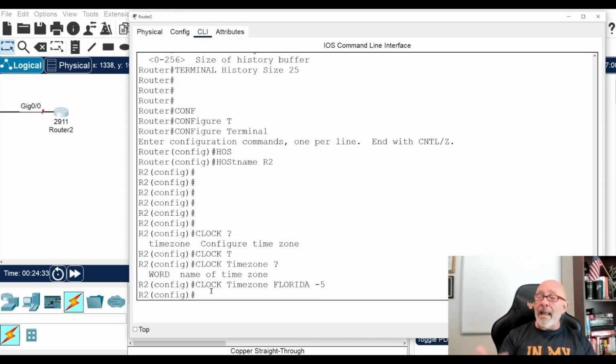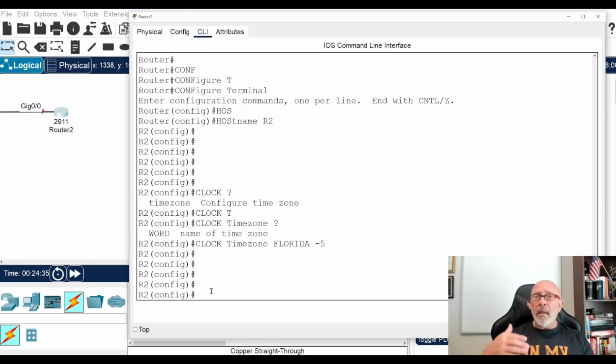All right, now passwords on the router. This changes if you have higher level IOSs, you're using EVE-NG or CML2 or GNS3 or whatever, or actual routers, you can use something called algorithm type, all right? But we don't have it here in Packet Tracer, so we're going to do enable password Cisco, right?